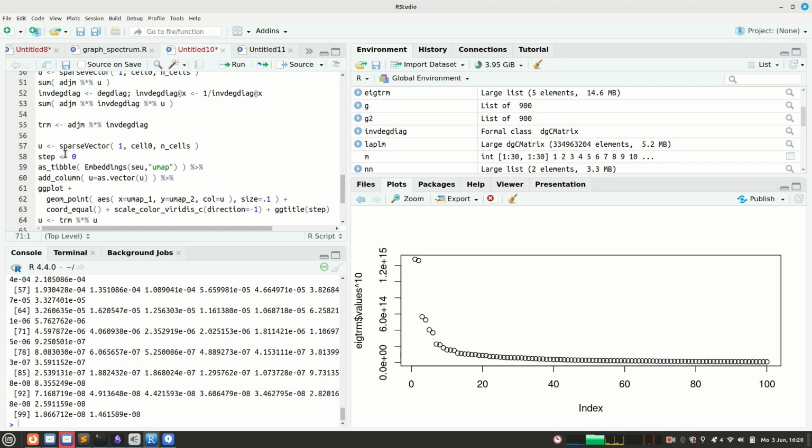Before I said the time derivative of u is nabla squared u. You remember nabla squared is also called the Laplace operator or the Laplacian. And this thing here now takes the place of what was the Laplacian operator in the continuous case. This is why we call this thing the graph Laplacian, because it's the same thing and it basically mediates these kinds of